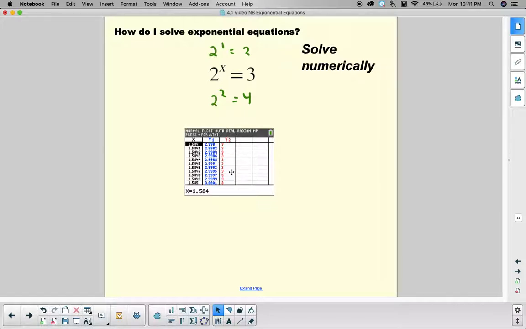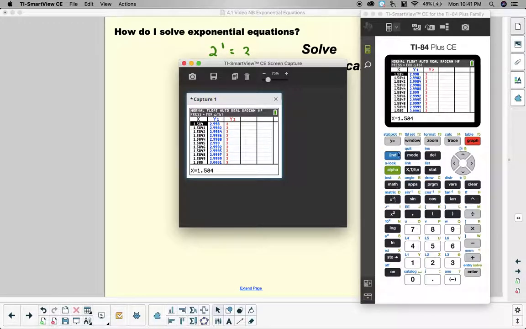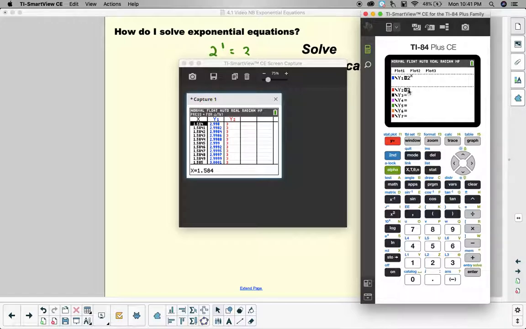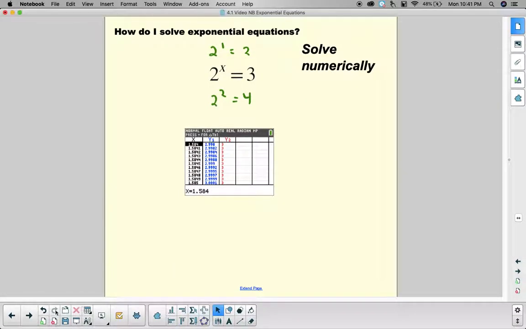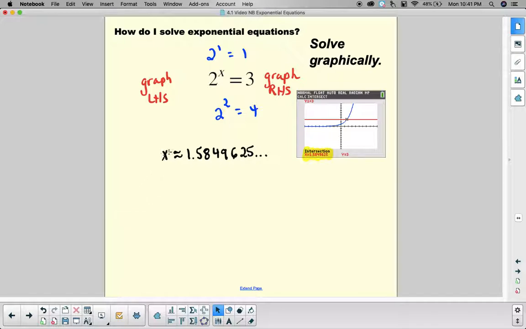Y2, we didn't talk about that. Remember, when we have that in the graphing calculator, it is just that flat line, y2 is equal to 3. So I'm looking for where y1 is equal to y2, and that's going to be somewhere in between there. I could keep drilling down and get to this number that I got when I solved it graphically,